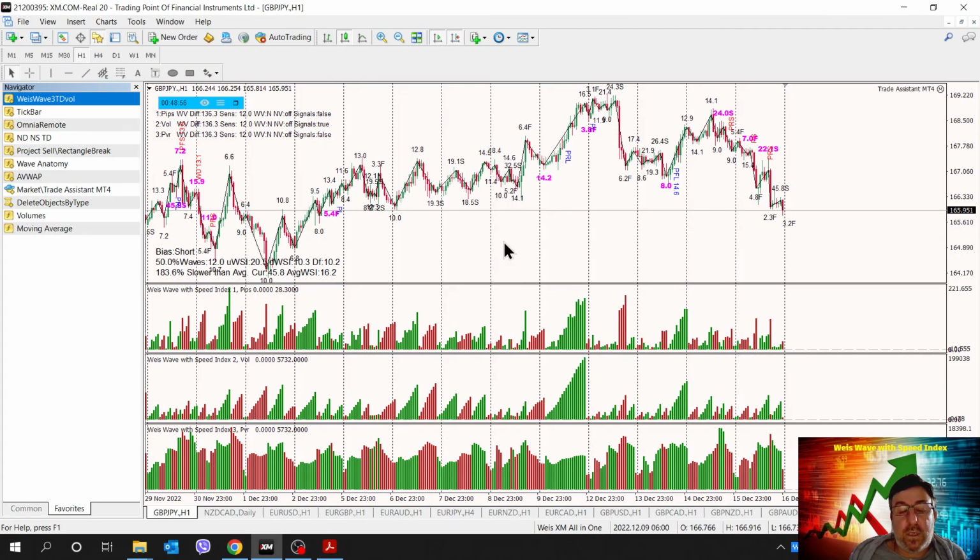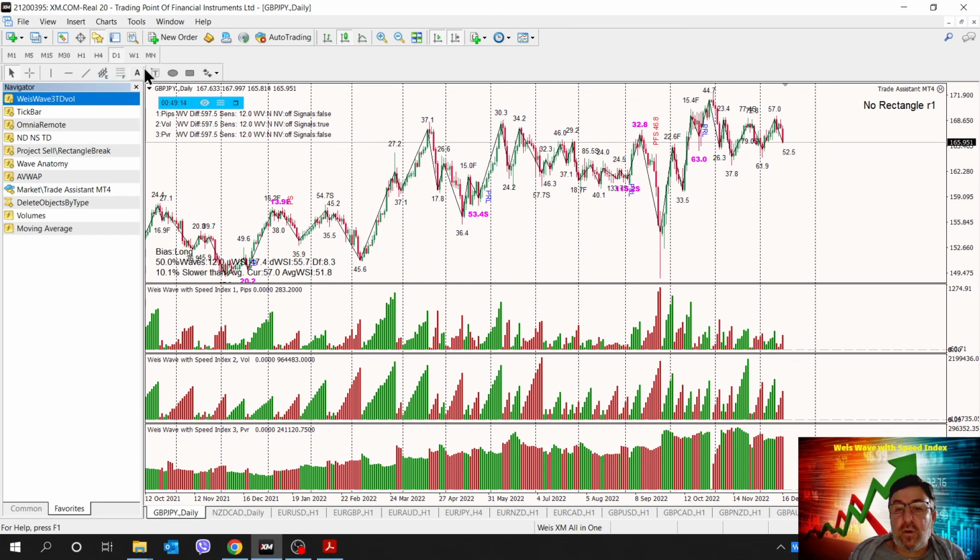Okay, let's look at an example on this chart of the methodology. Let me repeat that this is a 1 hour chart on GBP JPY, and these vertical dotted lines are the day separators. Let me zoom in. Let me go to the daily and start drawing my levels because this is what I do.